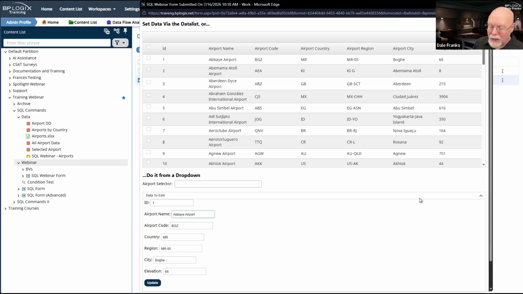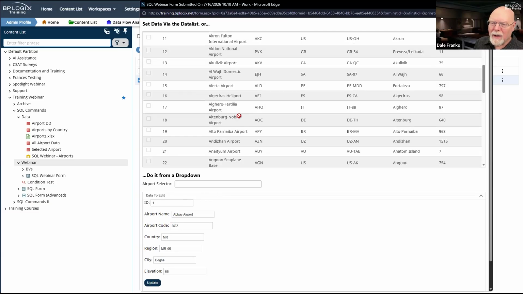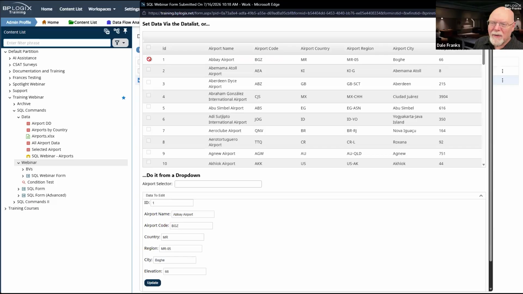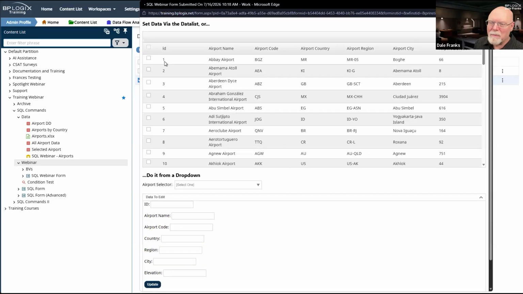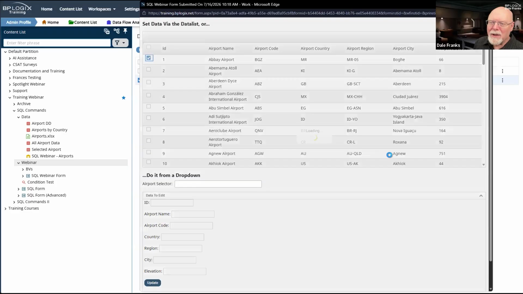So let's say that the airport name was misspelled and I needed to correct that misspelling. Okay, no problem. All I have to do is click on the airport. Okay, have I clicked on something? What have I done? All right, let's just refresh the form. So all I need to do is click on the airport.